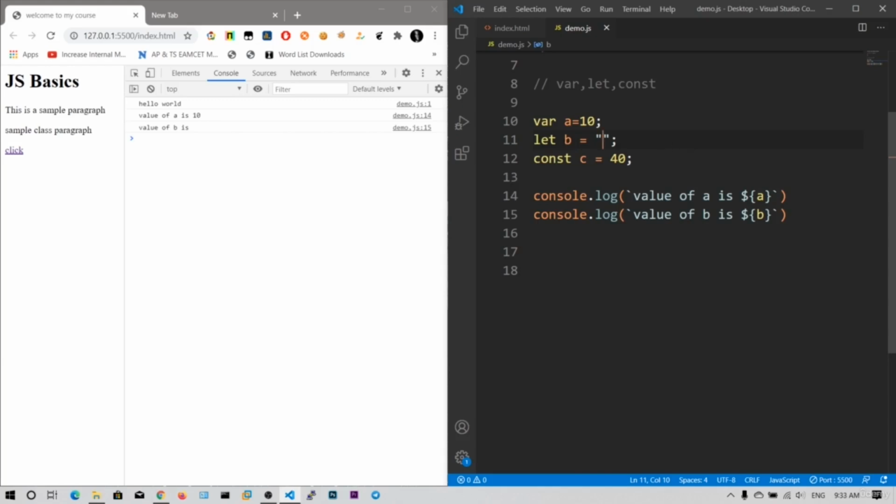You can just say let b is equal to the string "hello world". So now the value of b is hello world. You can simply assign a string, number or floating point value to a variable without worrying about the data types. And to check the type of that variable, you need to